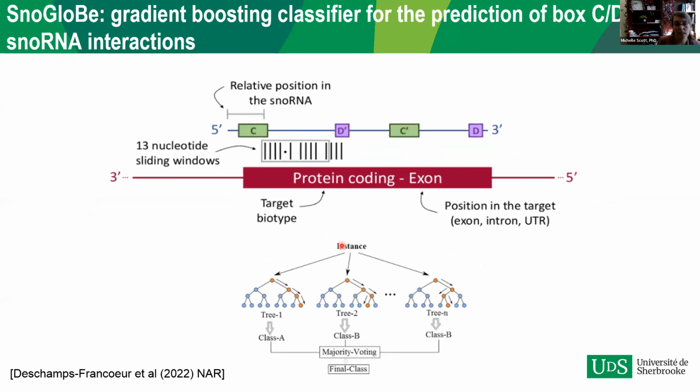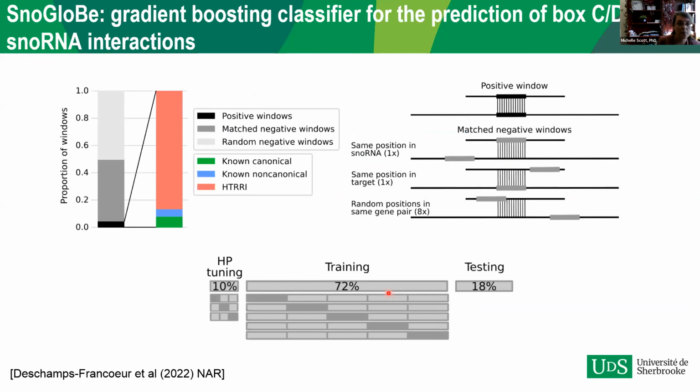She investigated many different machine learning algorithms. Those that performed best were gradient boosting classifiers, which are a tree-based algorithm. So that's what she further used for the rest of the project. And then, when we create a bioinformatics predictor, we need to have examples that we're going to present to the predictor from which the predictor will learn. So in our case, we needed positive examples of interactions between snoRNAs and other RNAs, as well as negative examples.